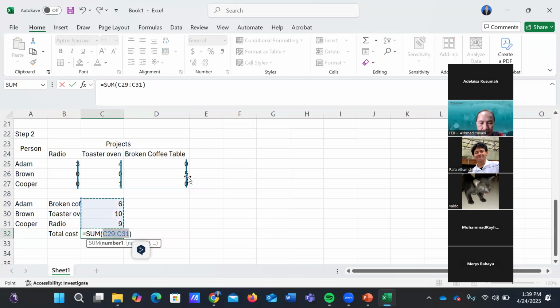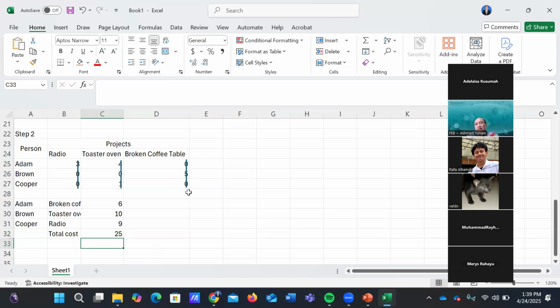Just sum it: $25. This is the optimum solution. We assign Adam to the broken coffee table, Brown to the toaster oven, and Cooper to fix the radio, with the costs respectively, and the total cost will be $25.